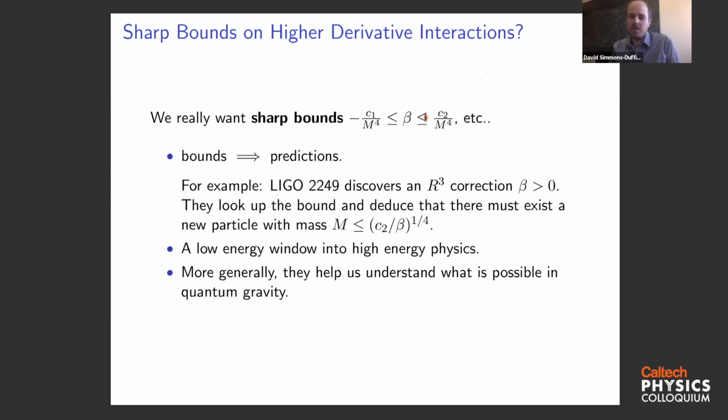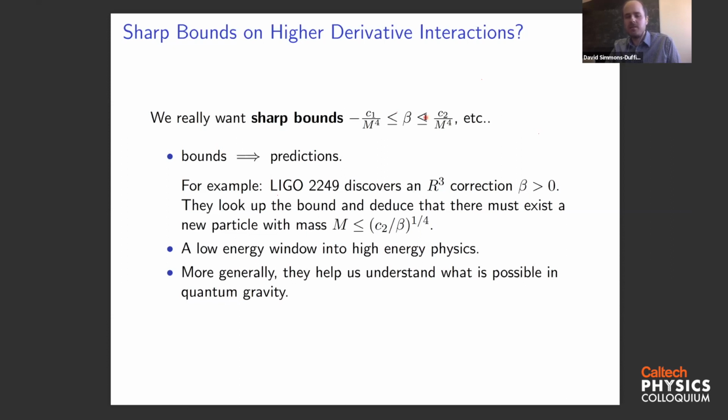a new massive particle. Now, if you ask someone working on LIGO, or if you ask a string theorist whether it's likely that they're going to discover an R-cubed correction, they'll say it's not likely. But even that "not likely" statement comes from an expectation about the size of these R-cubed corrections. And it would be nice to really know how unlikely it actually is. So we would really like to know how big these corrections can be. And when you have sharp bounds, that connects